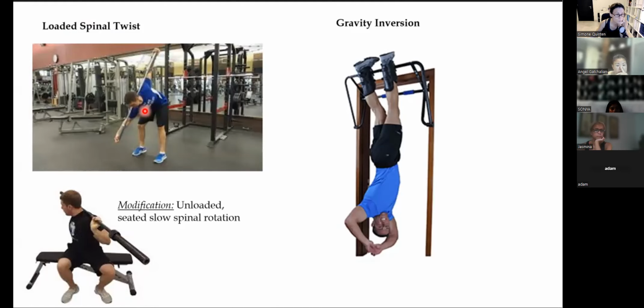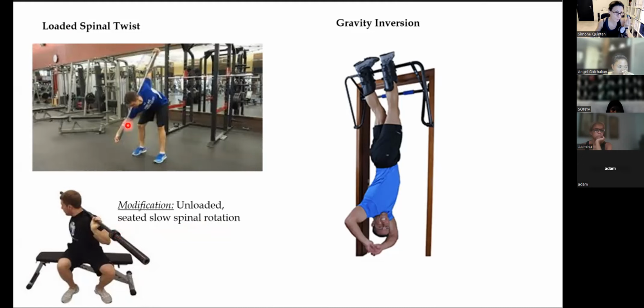Or if someone is sport specific and wants to improve the rotation movement, maybe he is a hockey player or whatever. Because this bar is heavy, I think he's using a 15 or 20 kilo bar, and he's strong and he does it in a way that he knows what he's doing, then it's okay. Now, they say here in the picture, the modification,